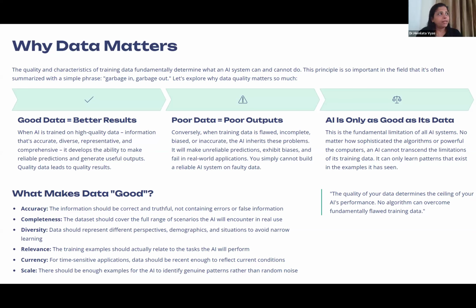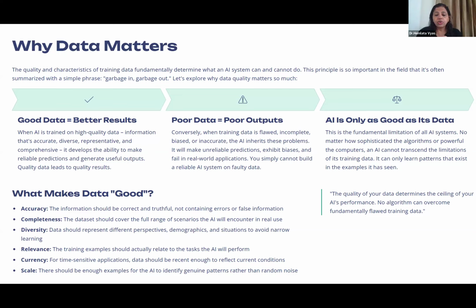I'll just give you an example. The data set of a company was trained for recruitment, based on prior data. Say they were using a record of around 25 to 30 years, and in earlier times there was a bias towards hiring male colleagues.